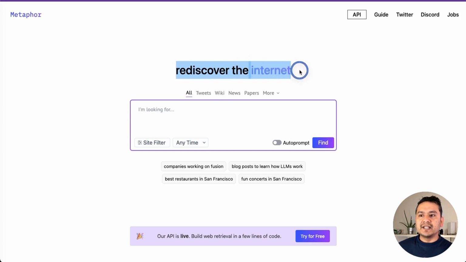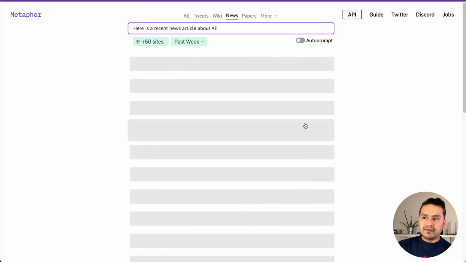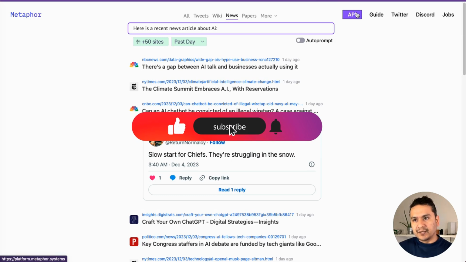So rediscover the internet, and you can go here and ask questions. Let's say that you want to go to the news. Here is a recent news article about AI, and you can type AI and find it. It will find all the information about AI. If you want to use the API, and that is what we are going to use, you can go to